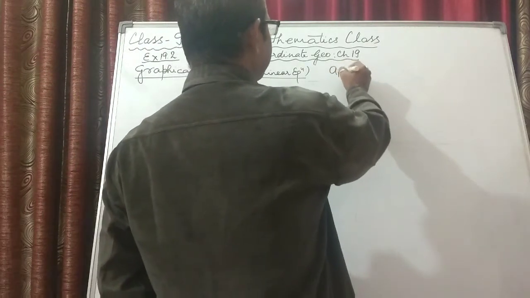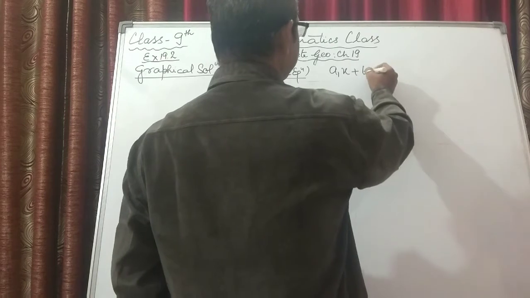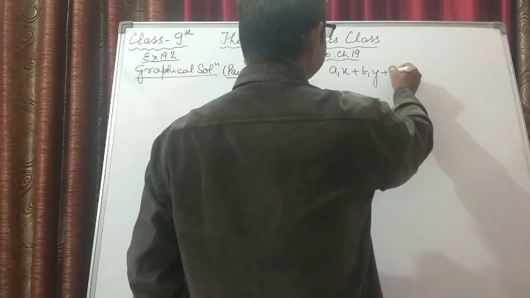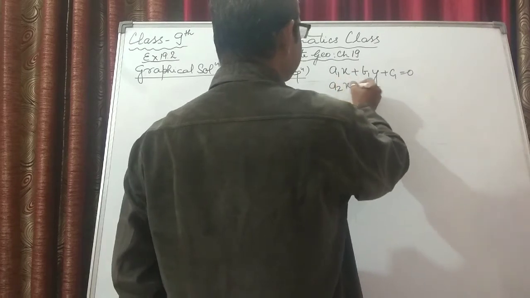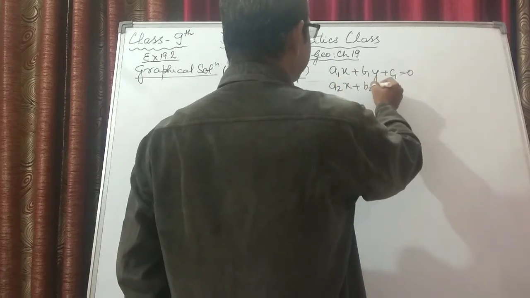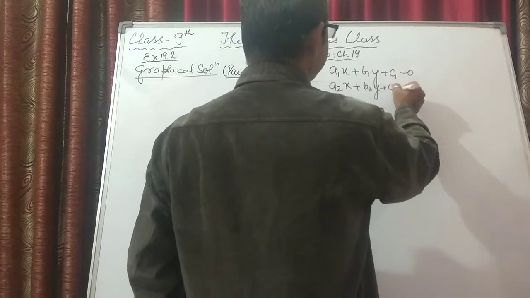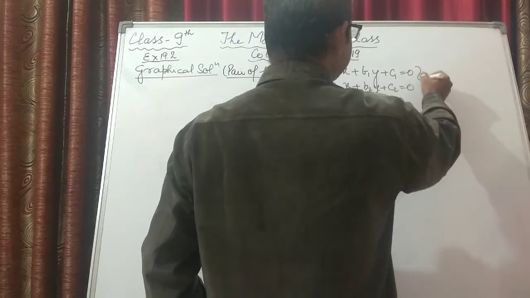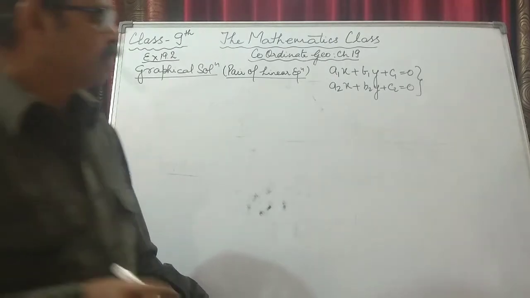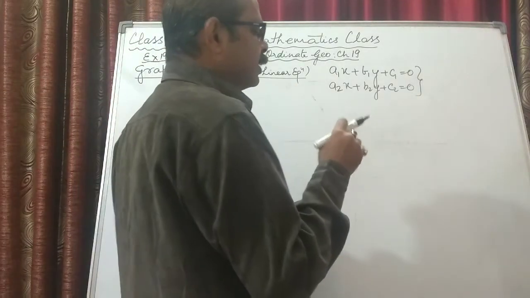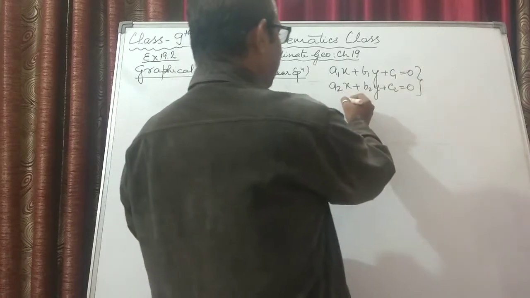One is a1x plus b1y plus c1 is equal to 0, and the other equation is a2x plus b2y plus c2 is equal to 0. If these are two linear equations in two variables given, then we used to solve for the values of x and y